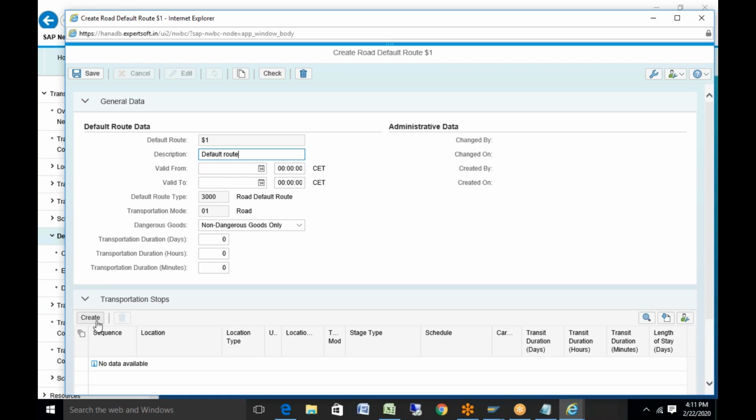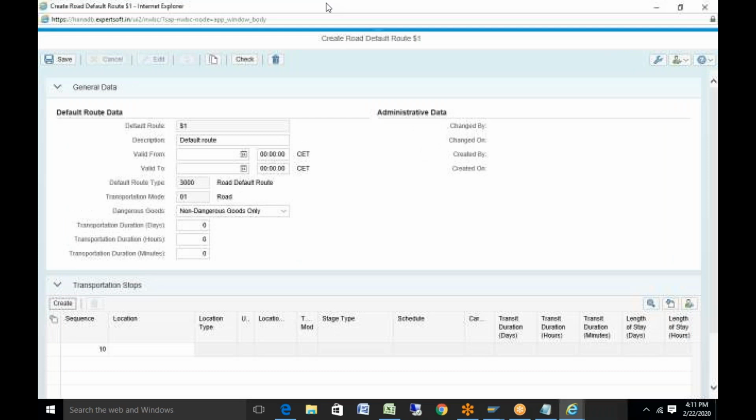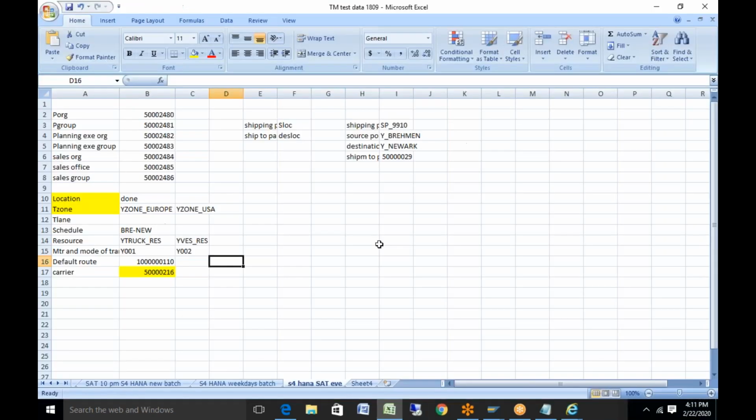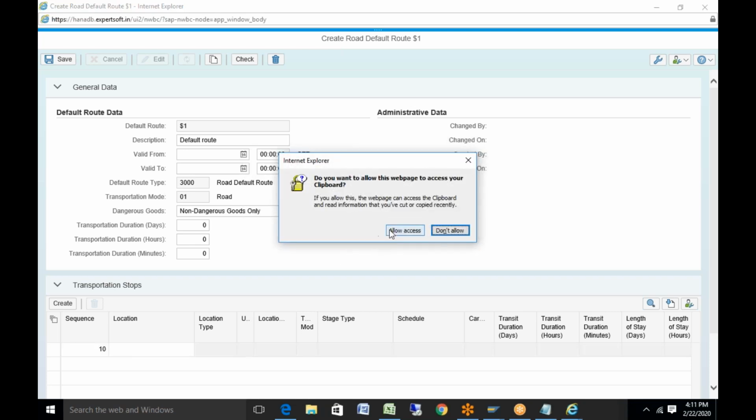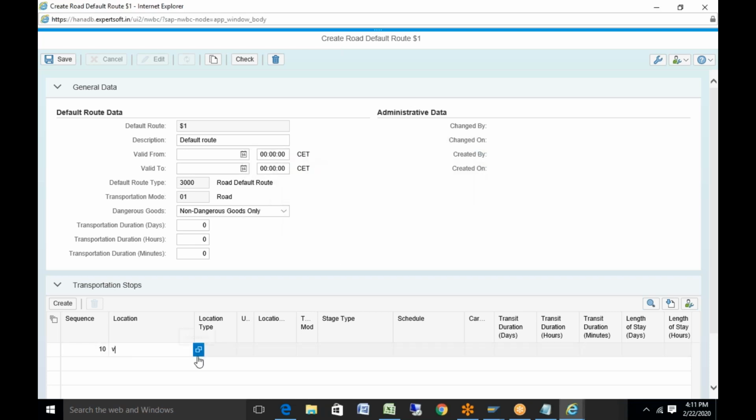And now you use the create one. So first is your shipping point. Click on create.